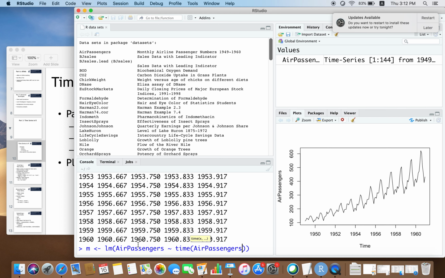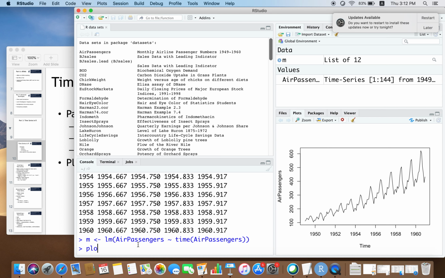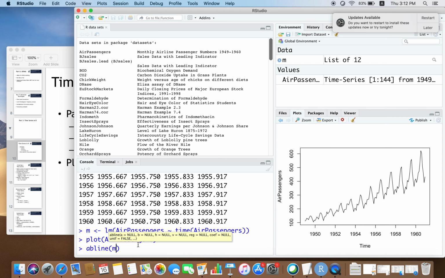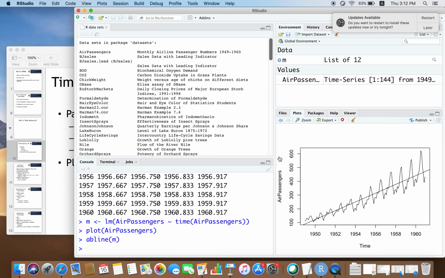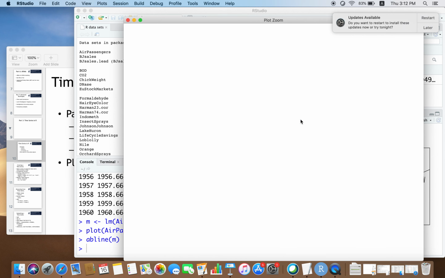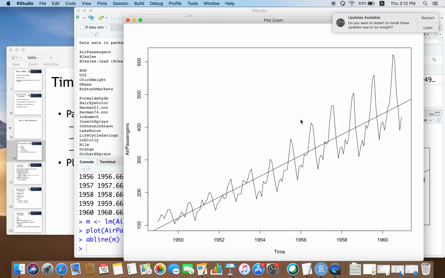So, I am calling lm(AirPassengers ~ time(AirPassengers)), and now I will plot this again, and on top of that I will draw the line that I fitted. So, if you see what happened here, now I have fitted a straight line to this data and it is a reasonably good fit, but it is not the exact trend, right.